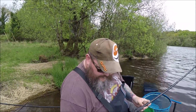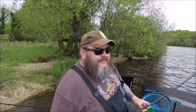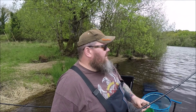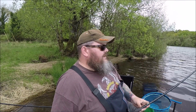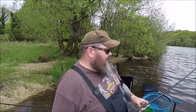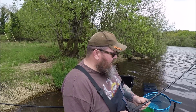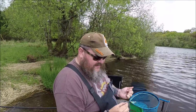Just then, a 12-pound Guru shock leader versus a jack pike of whatever size. I don't think it was over about 10 pounds. But I got it right to the net, and the net was tickling its belly. And then it made one more lunge. Gone. Why are these pike not this easy to catch when I'm fishing for them? Right, as it's snapped off,